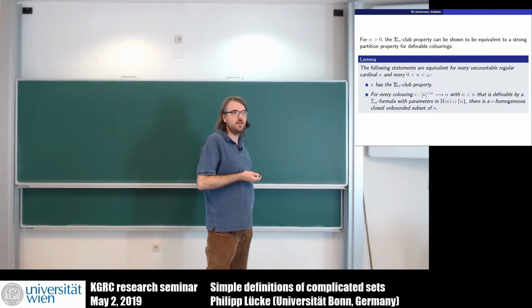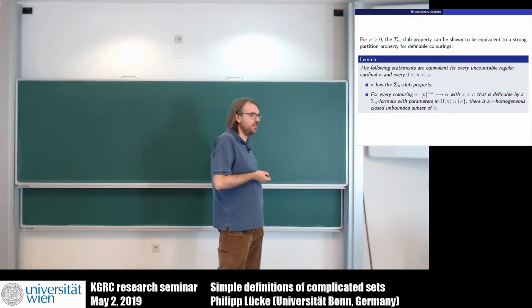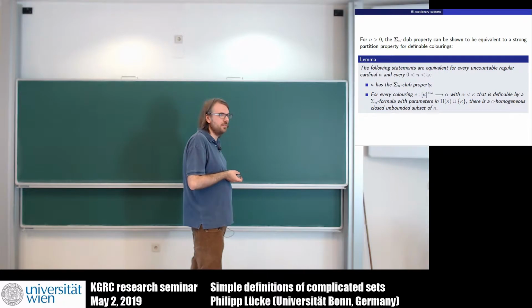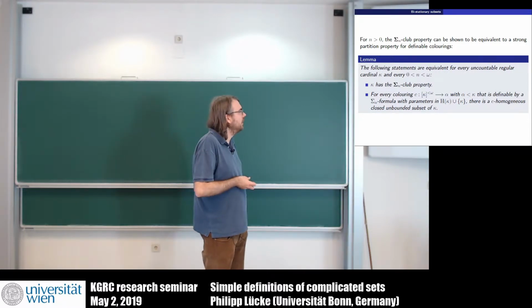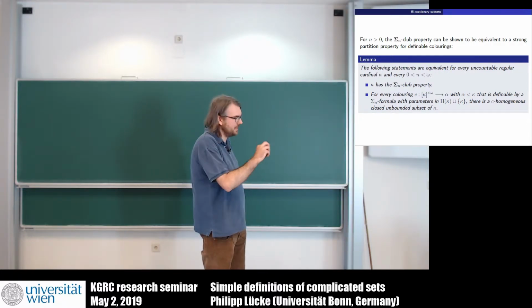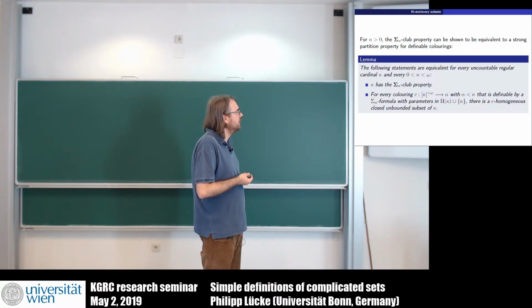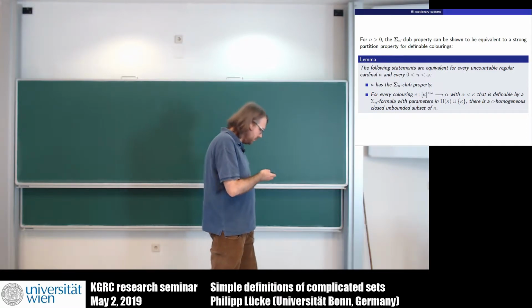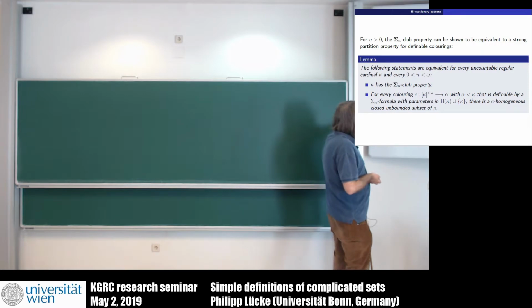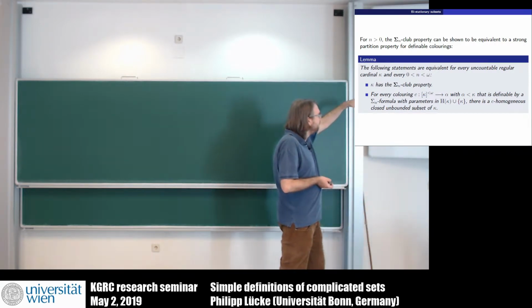What do you mean homogeneous? You can just take the size of... So for each n. For each n? Yeah. You mean for each n, you will have the same color on the subsets of this cardinality. Okay, I will not prove this, but I mean, this implication is easy, and the other one